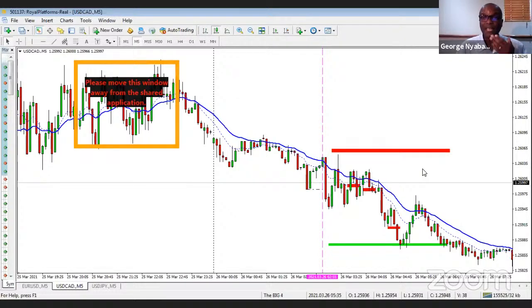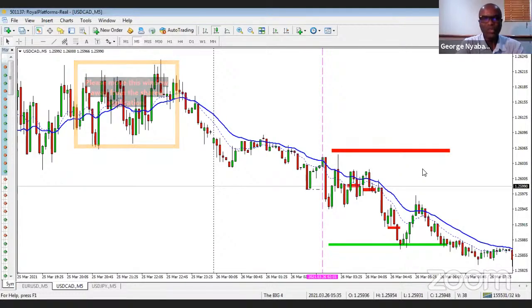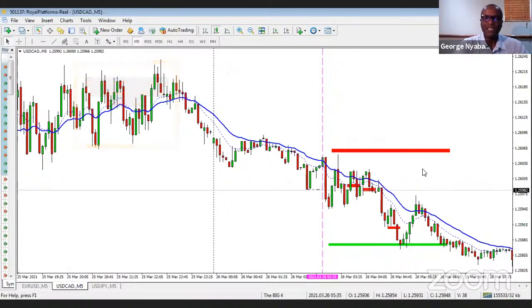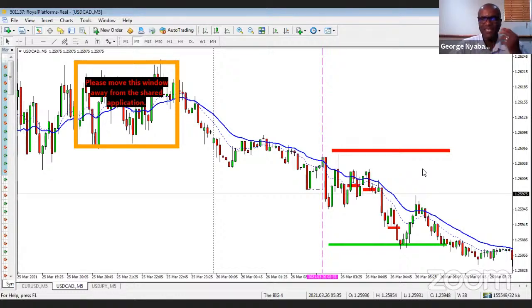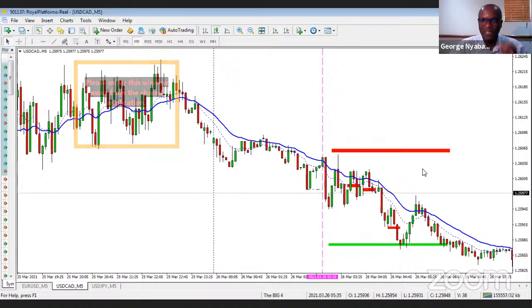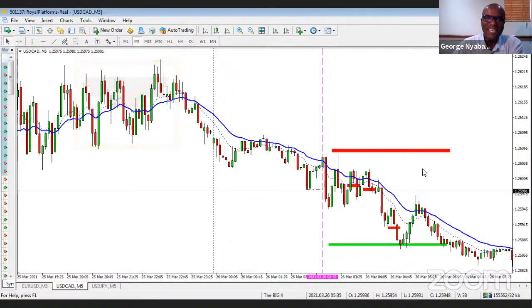I've got to wait for it. And it can be quite a long wait. You could literally just sit and nothing forms, and then when you think, oh, nothing is going to happen, you come back and you're like, what happened? That happens a lot. And when that happens, don't jump in. Just wait. That's a bit of the thinking that you need to go through. The best thing you can do is talk yourself out of trades, if I can say that repeatedly.